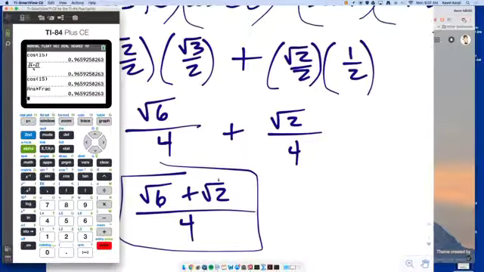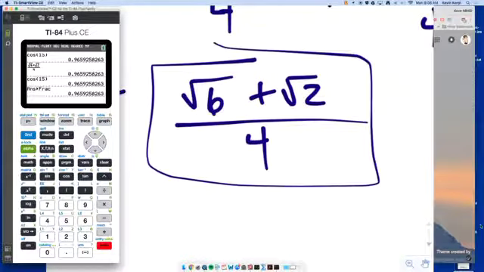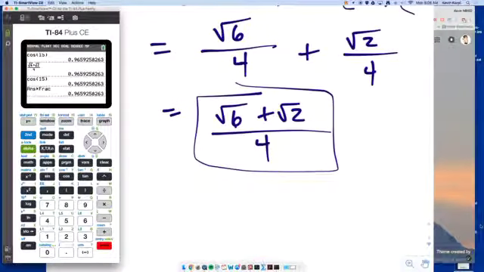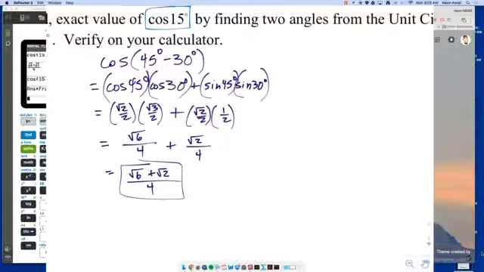No. Because what type of number is the square root of 2 plus the square root of 6 over 4? It's a fun number, yeah. But it's also a non-terminating, non-repeating decimal known as an irrational number. Your calculator doesn't convert those back to radical form for you. So there you go. There is enough motivation, hopefully the only motivation you'll need, to determine why these identities